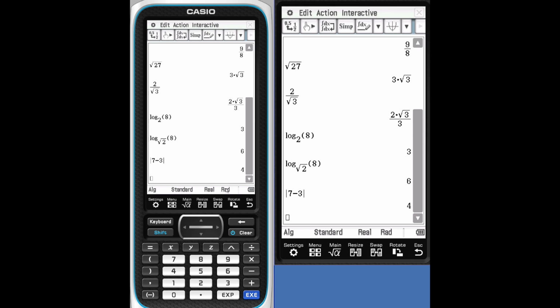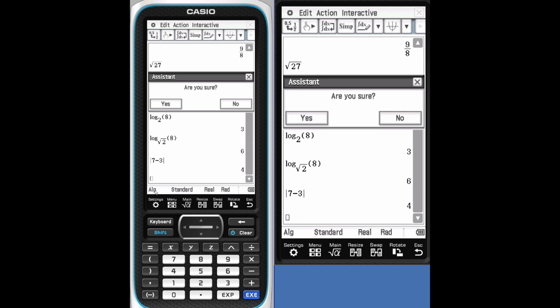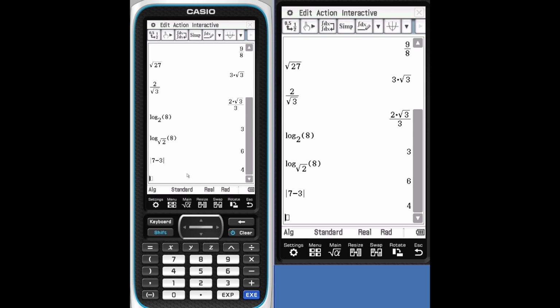Another place to make changes is if you simply tap on the different functions at the bottom. It's the different mode settings. You can change from radians to degrees to gradients, from real to complex, standard to decimal. We'll say no on the assistant. To get back to the main menu, simply tap Menu on your screen.